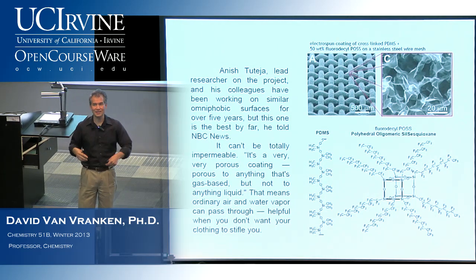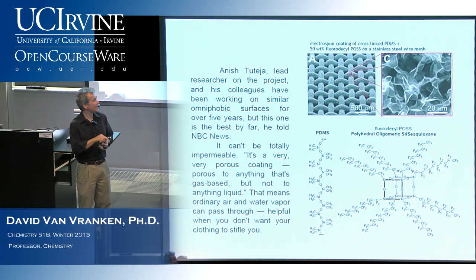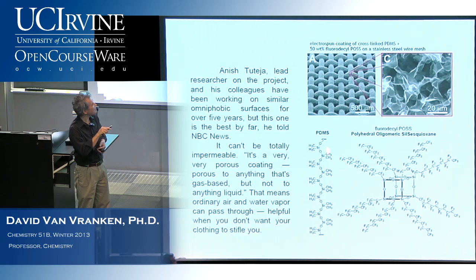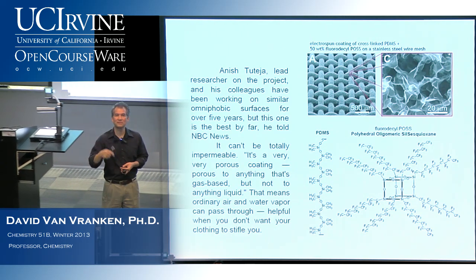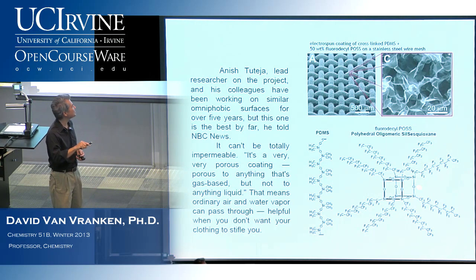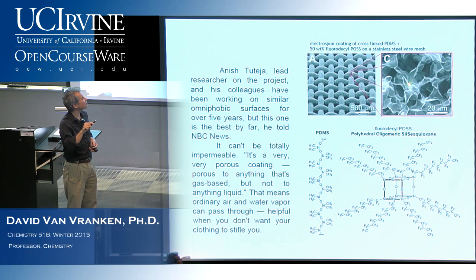A silsesquioxane, I'm not sure how long those have been around, two decades. They're tiny little nanocubes of siloxane polymer. If you could imagine making a cube out of a siloxane polymer, you can see those same silicon oxygen bonds in there. But this particular one, dangling off the corners of each of the cubes, has a little piece of Teflon. Those perfluorinated alkanes, that's what Teflon is about. So he's got these little nanocubes of Teflon mixed in with greasy siloxane polymer, and when it dries out,